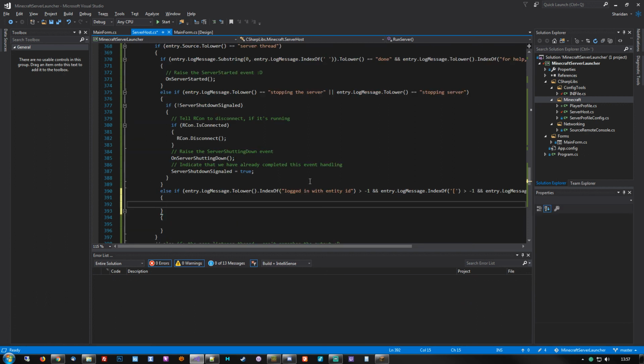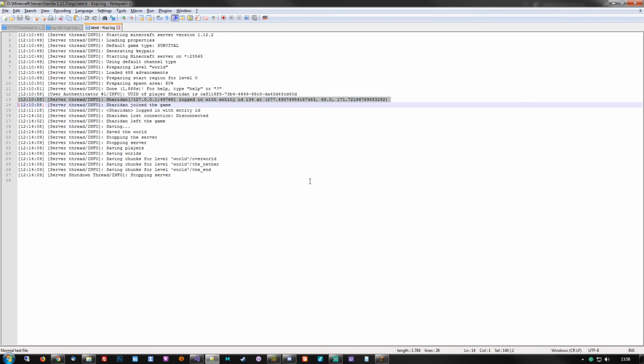Then we can assume that this might, and I stress this, this might be such a line. However, if the server has a plugin that changes how player names are formatted, we could still get the bracket around a player's name as well as the logged in with entity ID at blah. It could happen. We don't know for sure, but